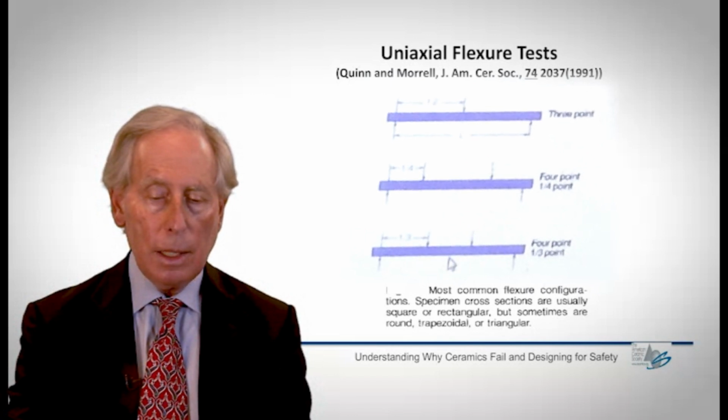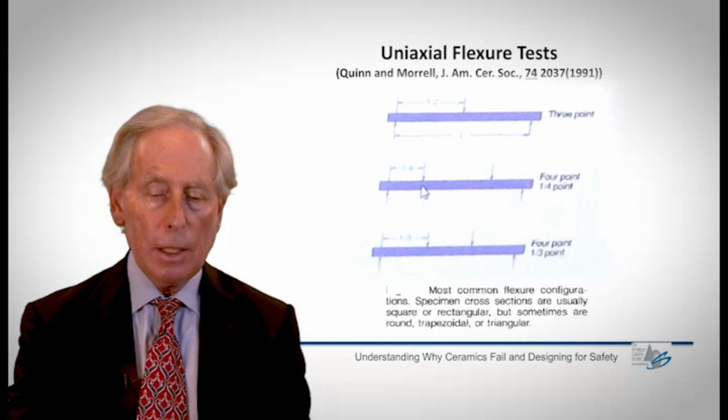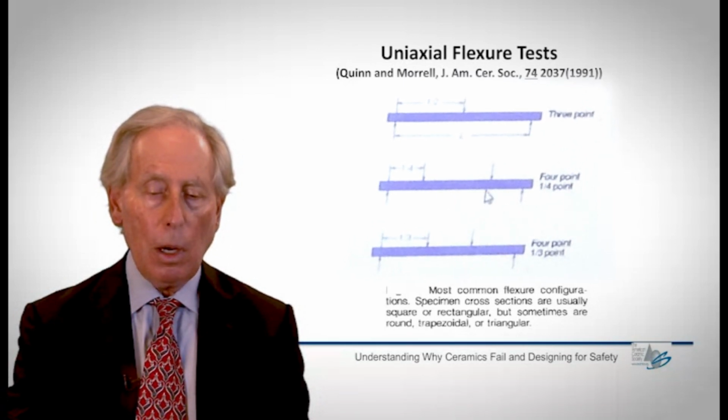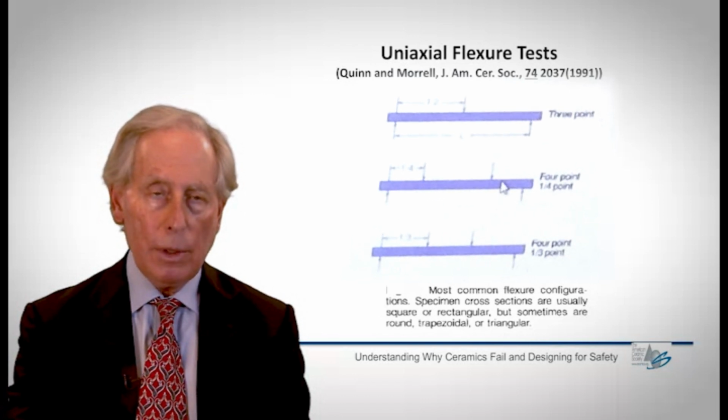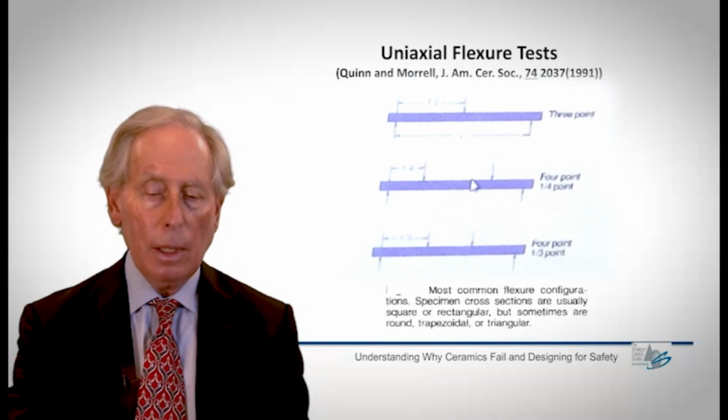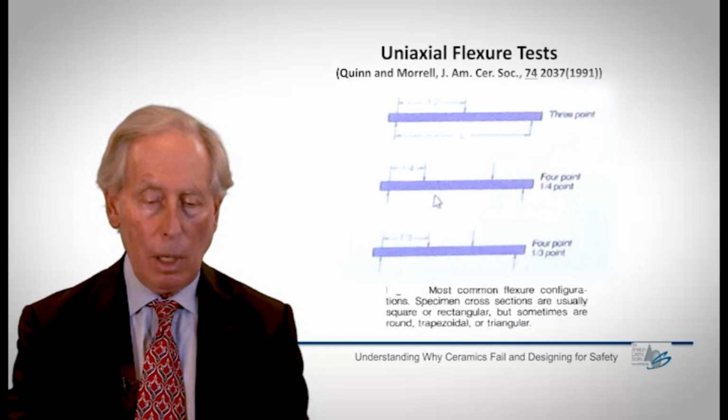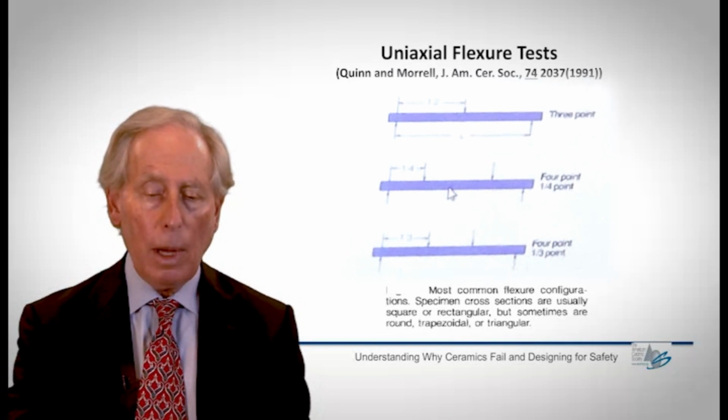they're loaded at two points, and the maximum stress, rather than being concentrated at a single point that you see, is spread out over this length of the particular flexural bar. That's important because you obviously get much better statistics by doing 4-point bending than 3-point bending, and part of the advice that I will continue to say over the course of this lecture and probably others is that if at all possible, do a 4-point bend test.